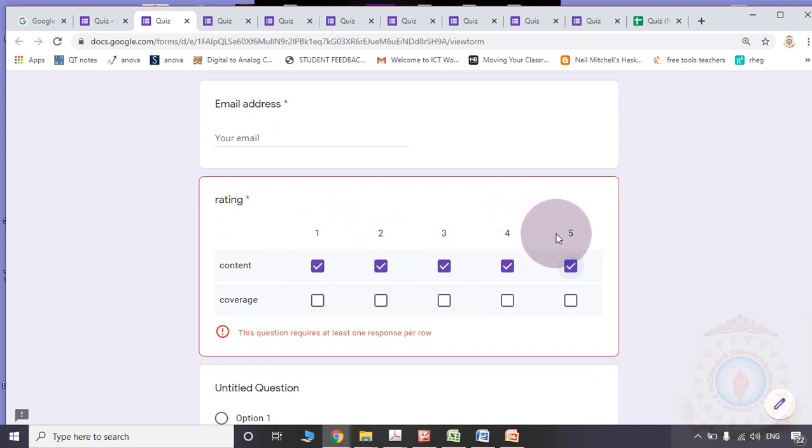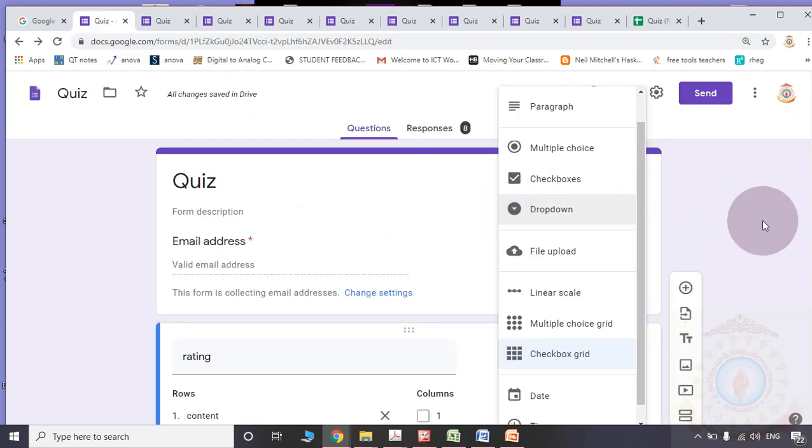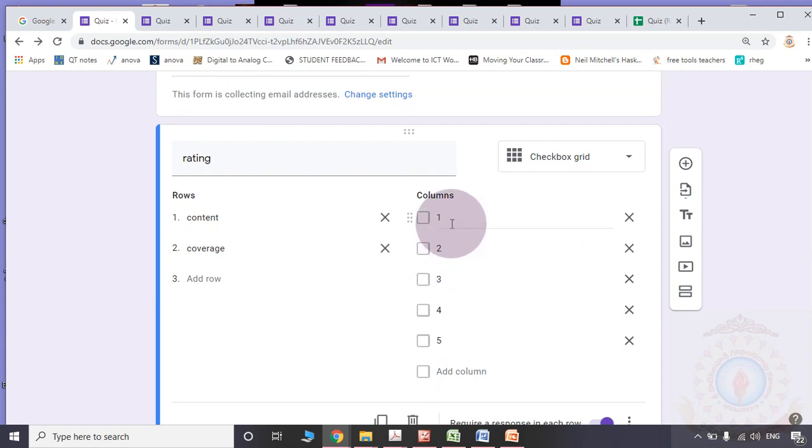Suppose in the place of 1, 2, 3, 4, 5, let us say in the place of the 1, I am modifying the options.